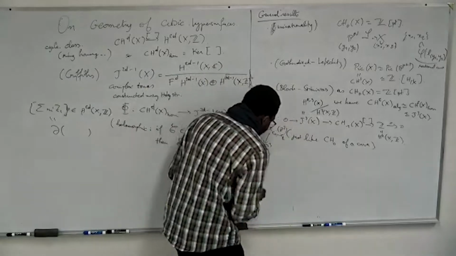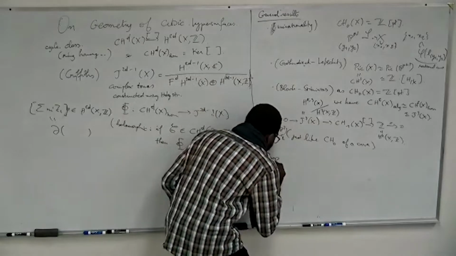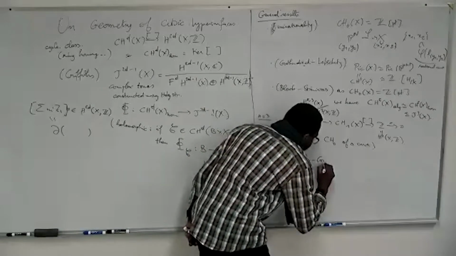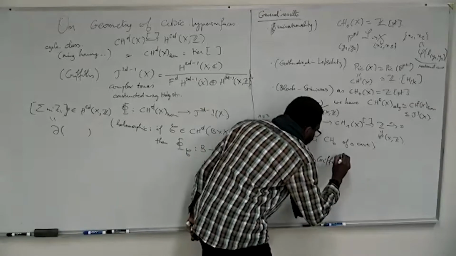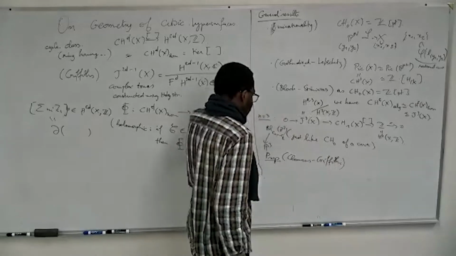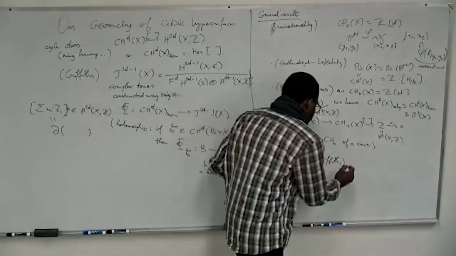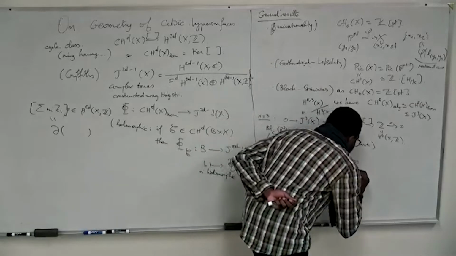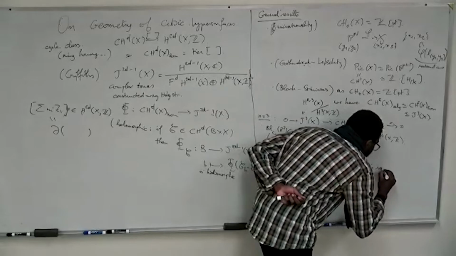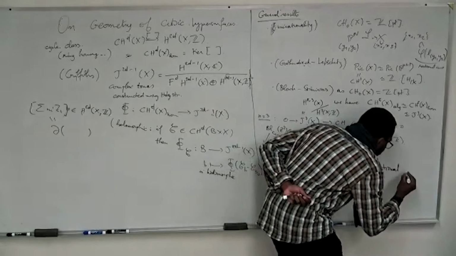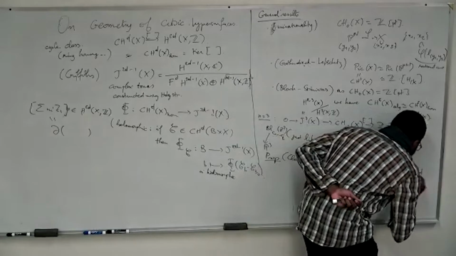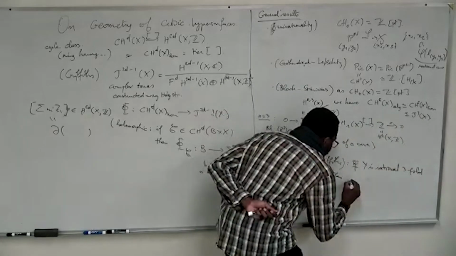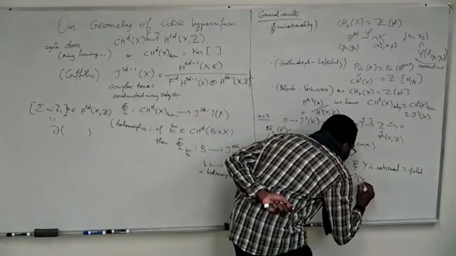So we have the Clemens-Griffiths criterion, which was the thing that helped prove non-rationality, not only for the cubic threefold but for many other threefolds. It is the following. If Y is a rational threefold, then the intermediate Jacobian of Y